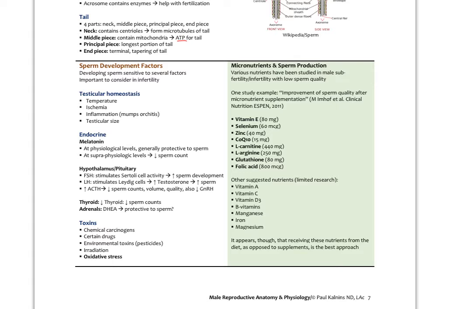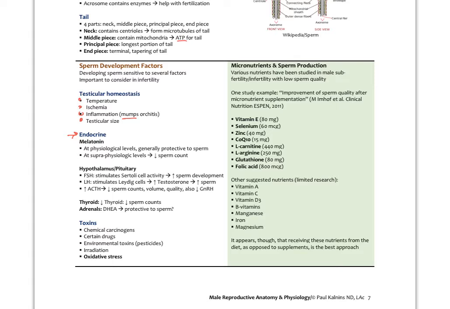So we know that, of course, maintaining proper testicular homeostasis is going to be important for sperm development. That means the proper temperature. If there's any ischemia, for example, testicular torsion, I'll talk about that coming up, or any problem with the spermatic cord not delivering enough arterial supply to the testes, that can lead to decreased sperm production. Inflammation, a classic example of that is from mumps. Mumps causes an inflammation of the testes called orchitis, or mumps orchitis, and that would lead to potential infertility. And then testicular size, these could be genetic factors and things like that, which will affect the testicular homeostasis. But very importantly, and this is what we can modify clinically, would be the endocrine factors that affect sperm